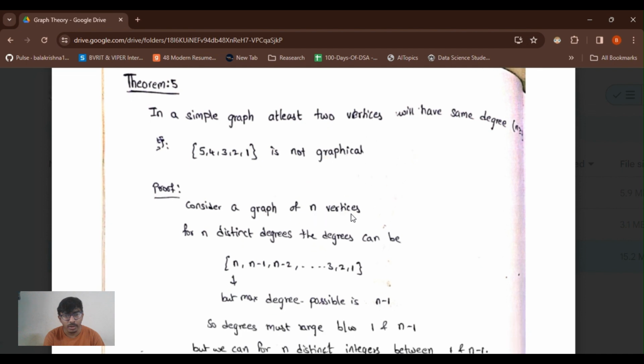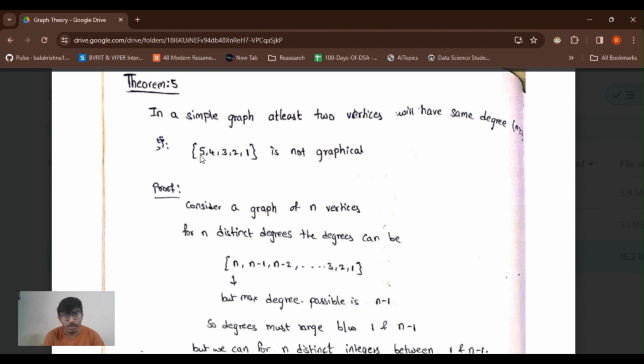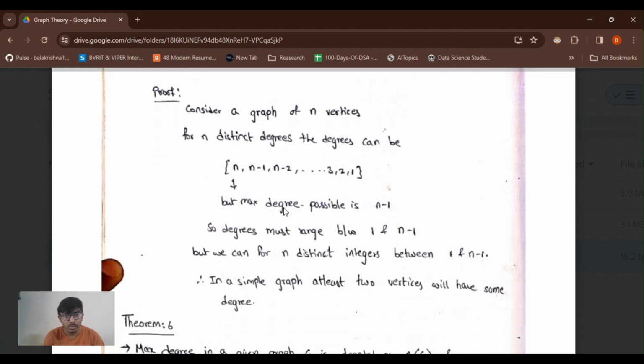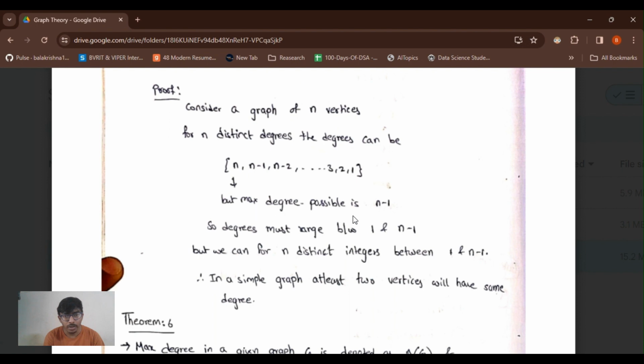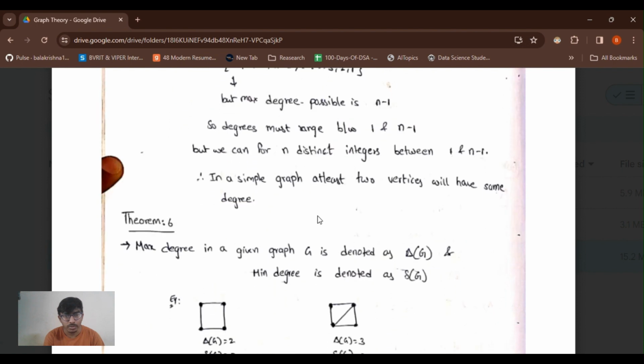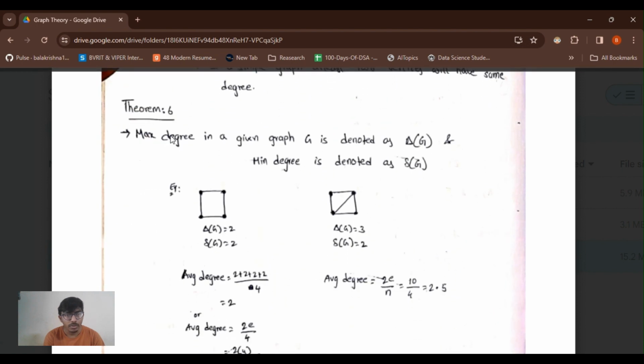So consider a graph with n distinct vertices. But the maximum degree possible is n minus 1. So theorem 6. Maximum degree in a simple graph G is denoted as delta of G. Minimum degree is